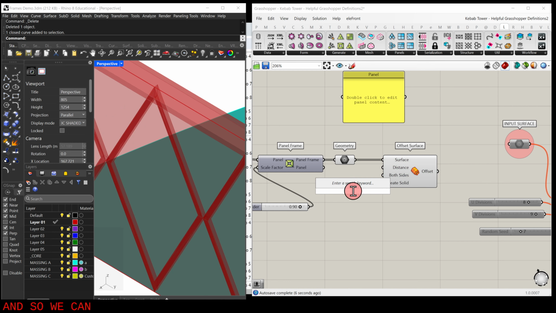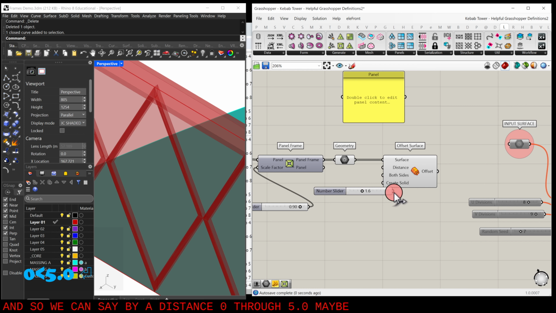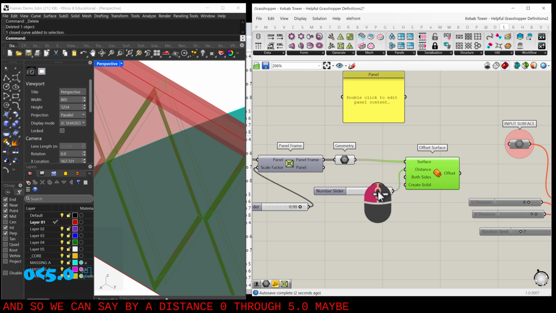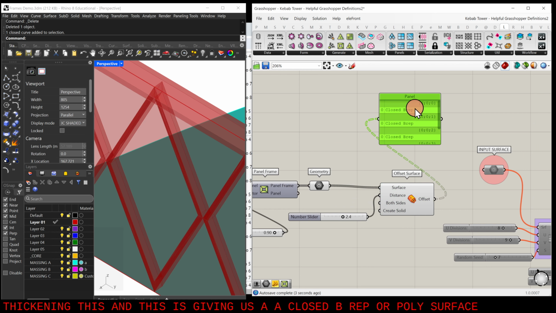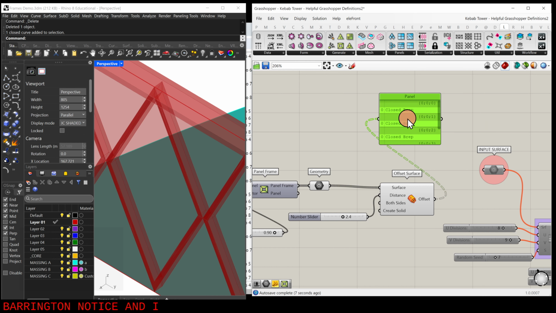And so we can say by a distance, 0 through 5.0, maybe make it 1.6. All right, so you can see this is thickening this, and this is giving us a closed brep or a polysurface. One thing you may be starting to notice, and I won't go too deep into it in this tutorial, is